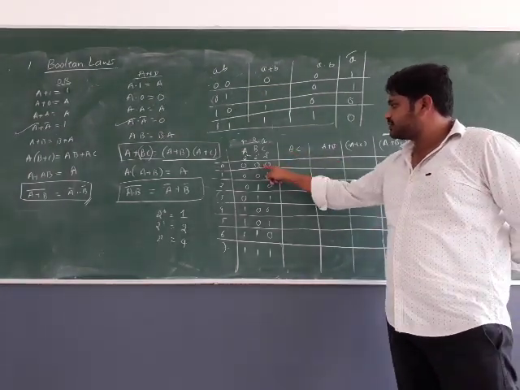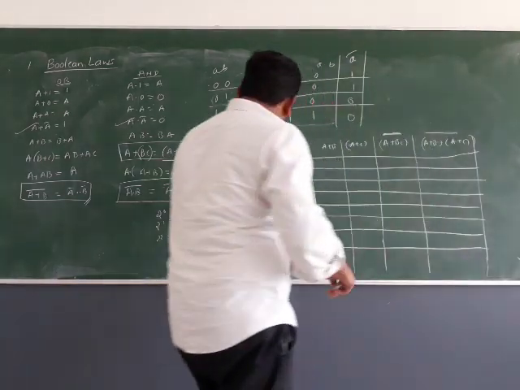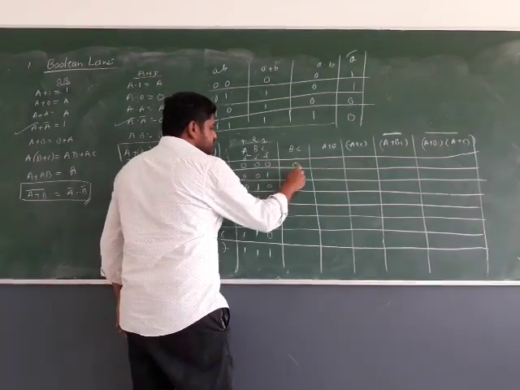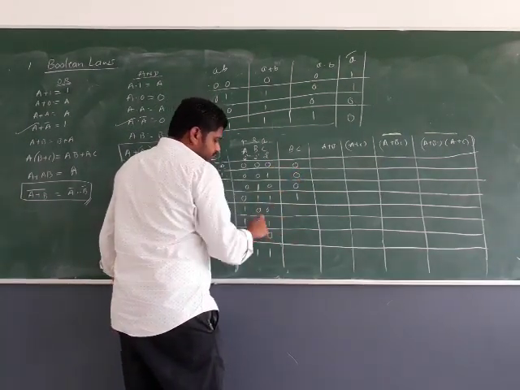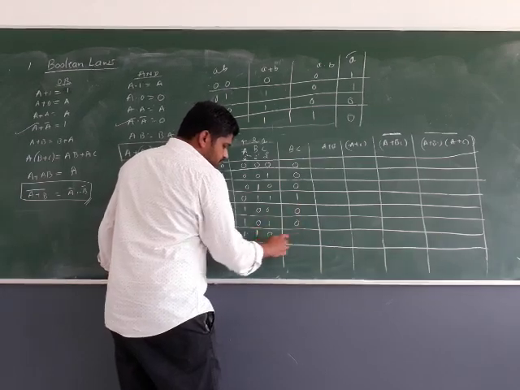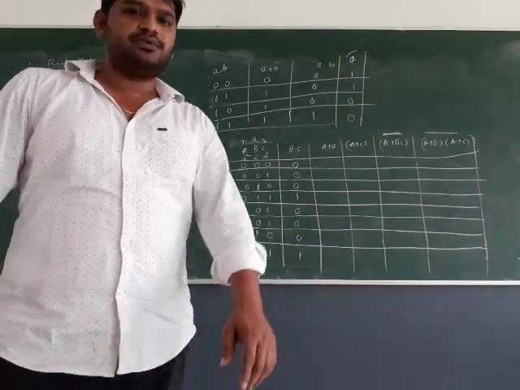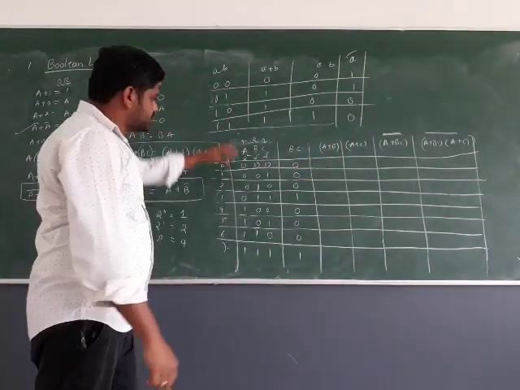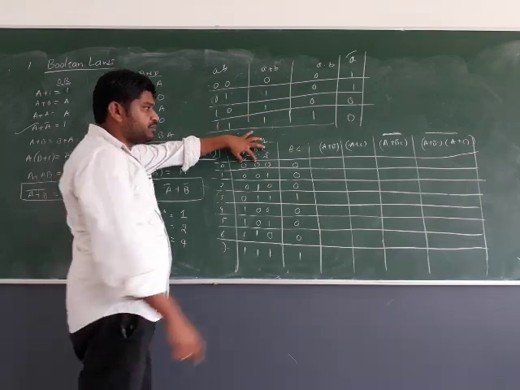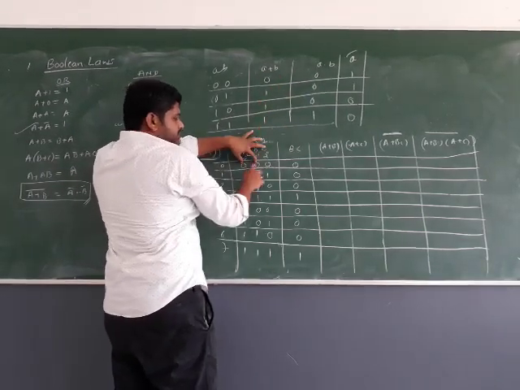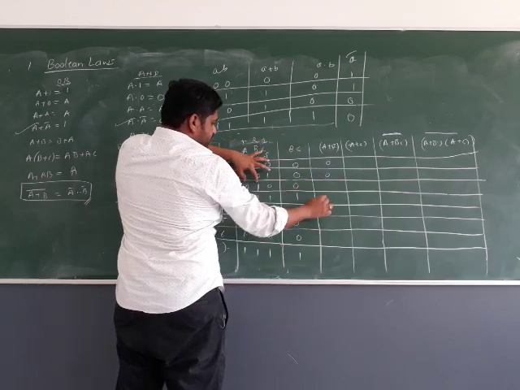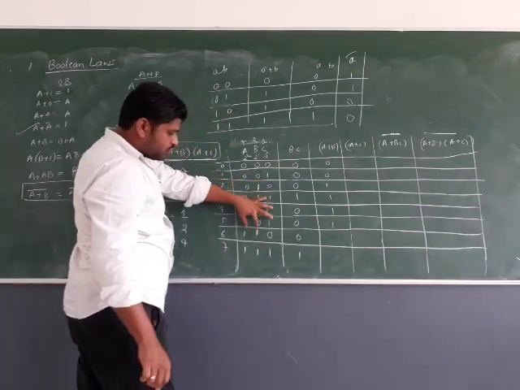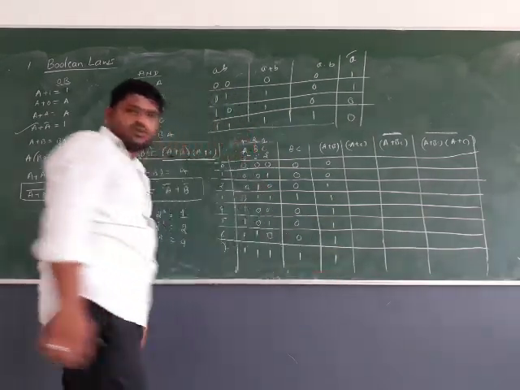What is this term? BC means forget about A, go on writing the effect of B with C. B with C: 1 with 1, 0, 0, 0, 1, 1, 0, 1, 1. That is B with C. What do we want? A plus B, so first column and second column. And it is plus. That means 0 plus 0, 0 plus 0, 0 plus 1, 0 plus 1, 1 plus 0 twice, 1 plus 1 again 1 plus 1. That will be 1.